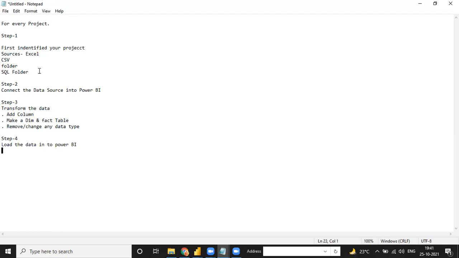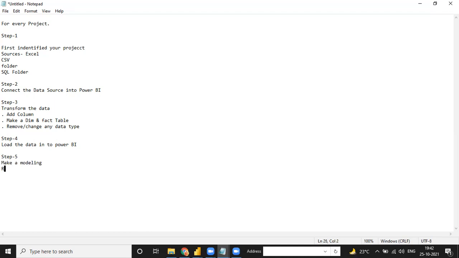and this step will be for all projects, not only for this project, for all projects. If you're doing the task for the project step by step, then your project will be done, and at the end you will not get any error or any challenge in the project. Yeah, a little bit of challenge you may face, like whether a function is correct or not, but if you are making this step by step, all your challenges will be cleared step by step. And then step 5, we have to make a modeling.